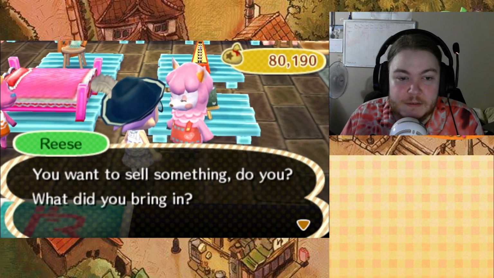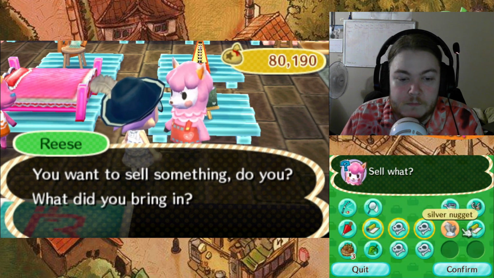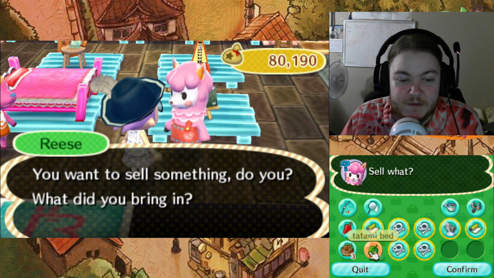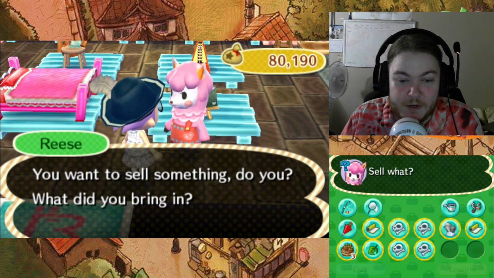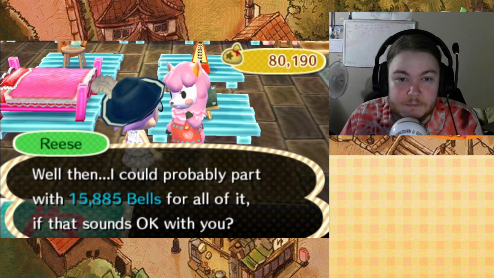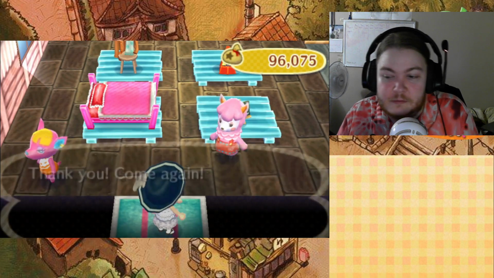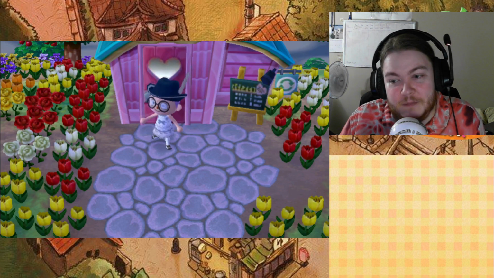Want to sell. I mean, I could put one of the fossils up, and I'd probably get more bells for it. But I'm pretty happy with just getting 15k. But yeah, past that, there's really not much to talk about when it comes to the event, because